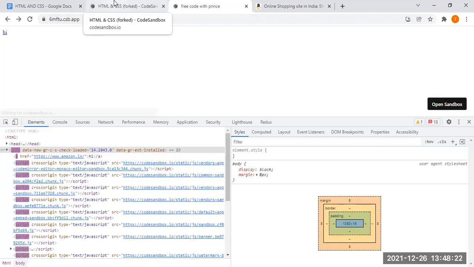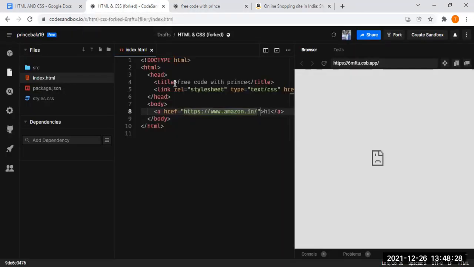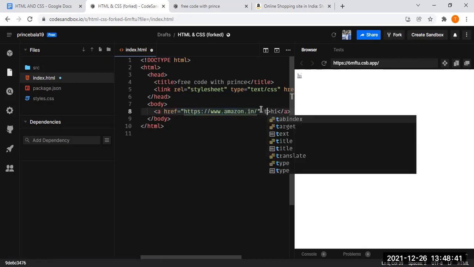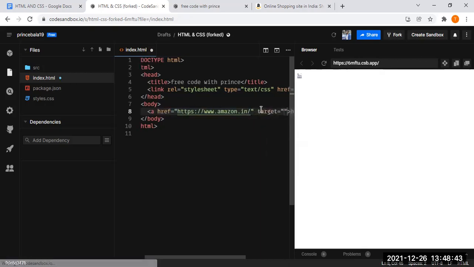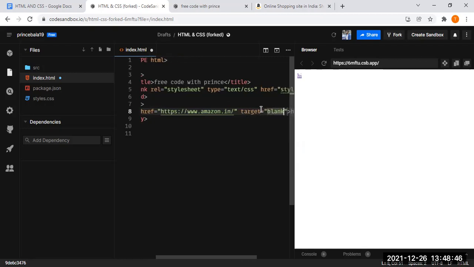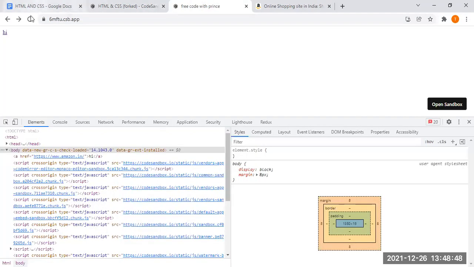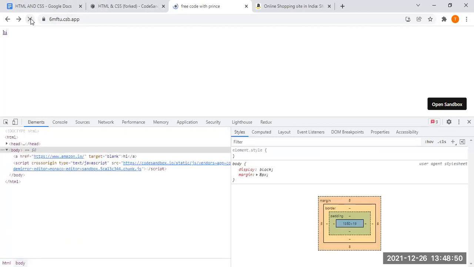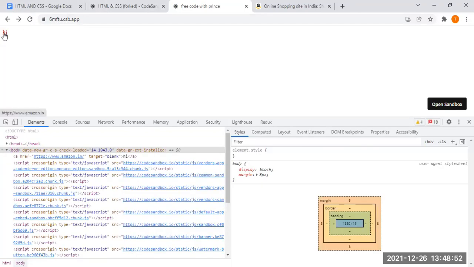So the anchor tag is nothing but a link. You can add an href and add the link, so that when I click on it, it redirects to that particular page. Now I'm giving target equals blank.